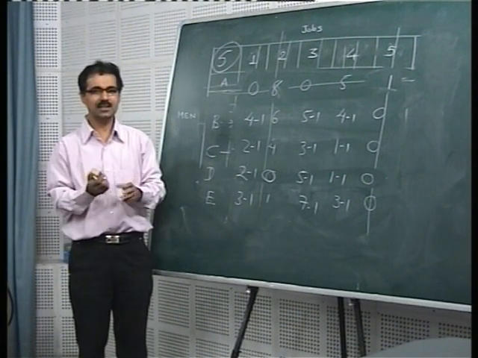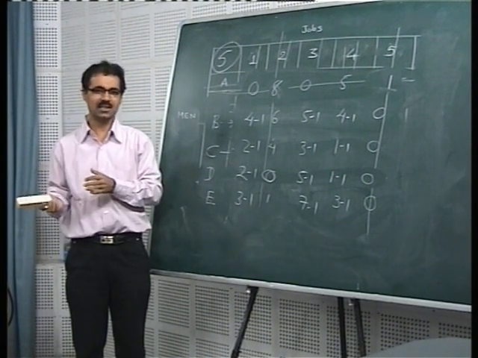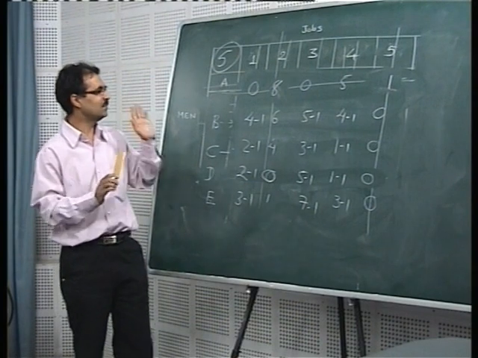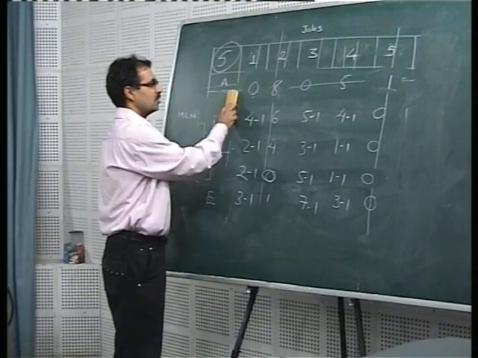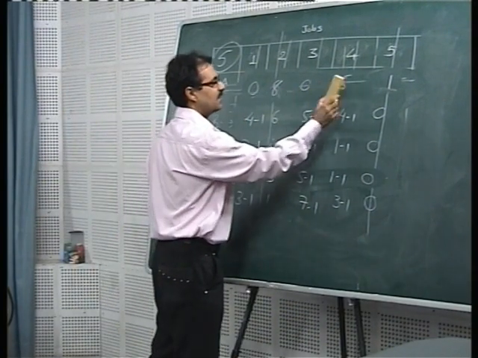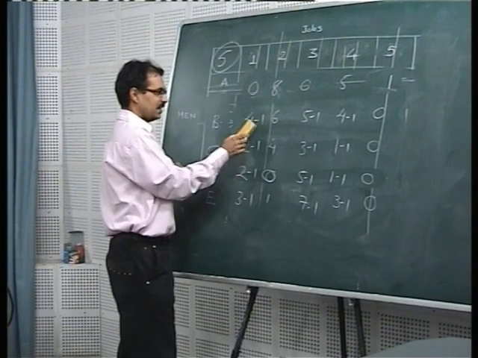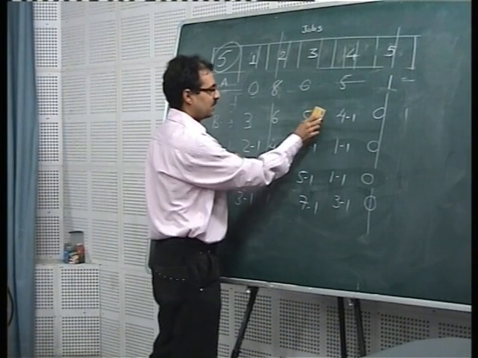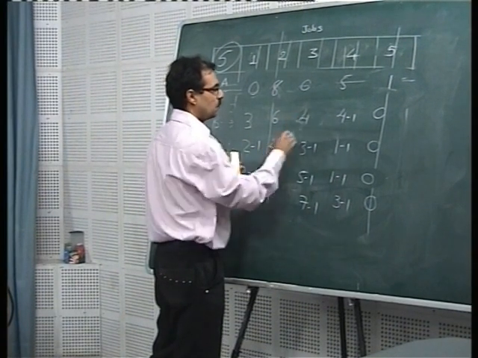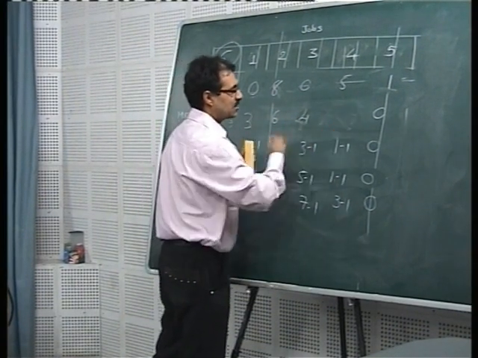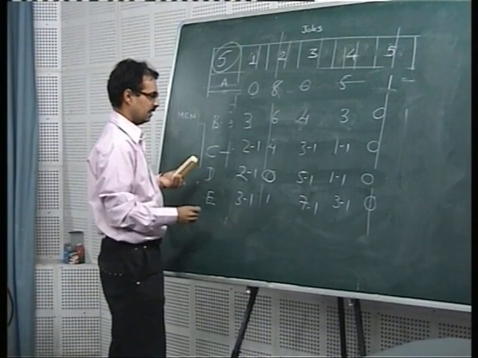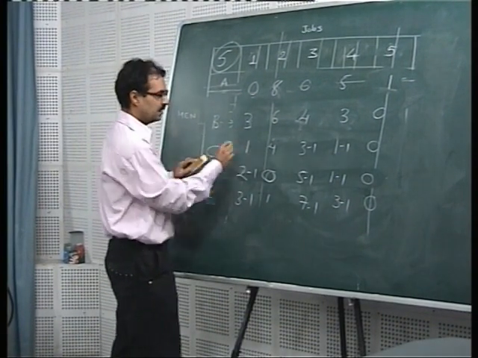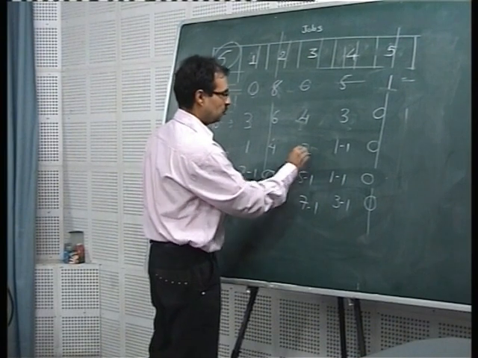Okay, the question is what about the rest? Those which are neither survivors nor intersections will remain as they are. So this 0 will be as it is, this 0 will be as it is, this 5 will be as it is. Now what are these numbers? Now 4 minus 1, this becomes 3. 5 minus 1, this becomes 4. 3. 4 minus 1 becomes 3. Now this is 2 minus 1, so 1. 3 minus 1, so 2. 0.